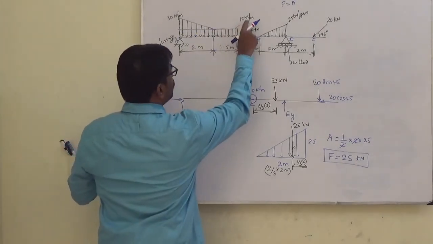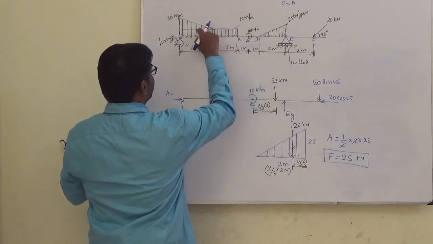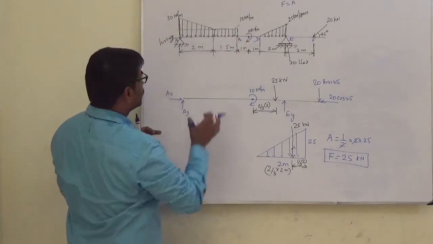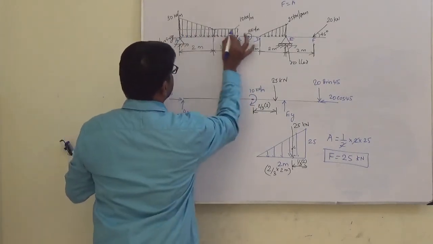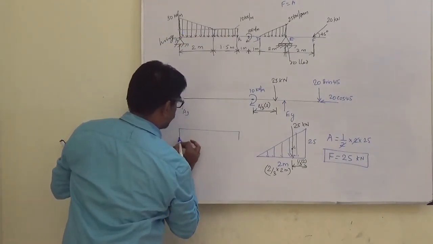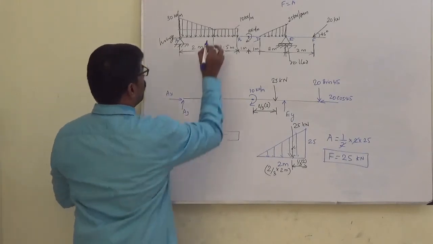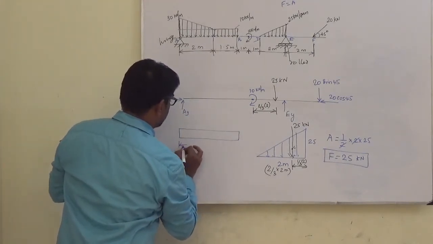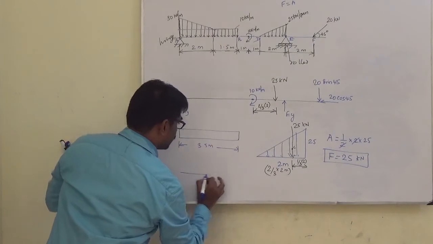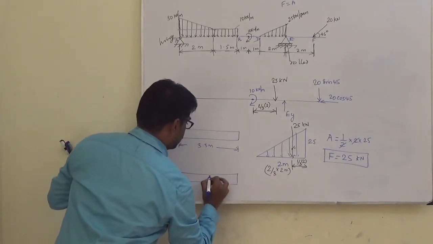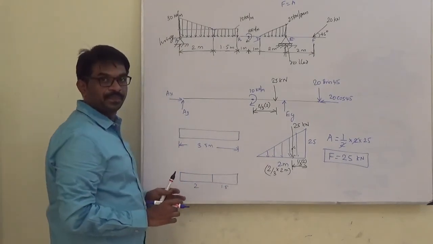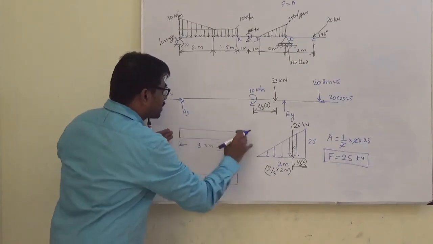So the 10 kilonewton per meter uniformly distributed force up to this. This could be seen like this. You can take the entire rectangle, where the length is 3.5 meter, or you can take the rectangle like this also. This is 1.5, this is 2. You can take the entire rectangle as one